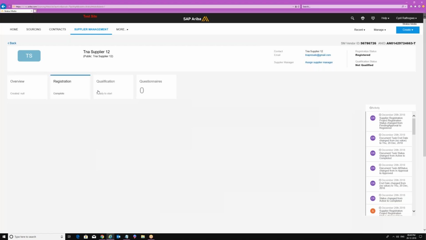But if you're going for a big implementation, as you know, SAP Ariba will always be a big implementation, so big companies will be using this. In almost 60% of projects you have to do the qualification. For the rest 40% of projects, qualification is not mandatory. But for the 60% of projects, your client will ask you to do the qualification process. So let us see the qualification process. How can you trigger the qualification process?